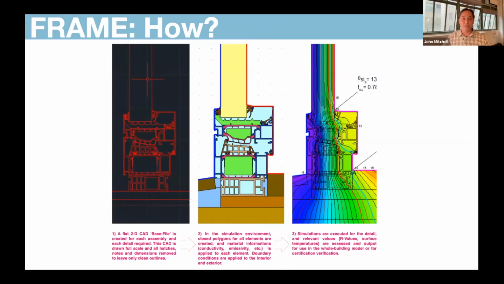So this is what the process looks like. We bring CAD in. We convert that CAD into something that looks like a section cut of the window frame. So we assign the material properties to each of the elements in the frame. And again, this information should come from the manufacturer. We'll know that there's an aluminum component to this frame. There's a thermal break material, and we'll have the thermal properties of that thermal break material, et cetera. We'll assign all the properties and then push go, and the software does the calculation for us. It's just that easy. It's not just that